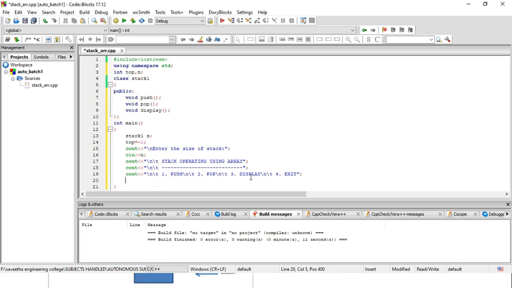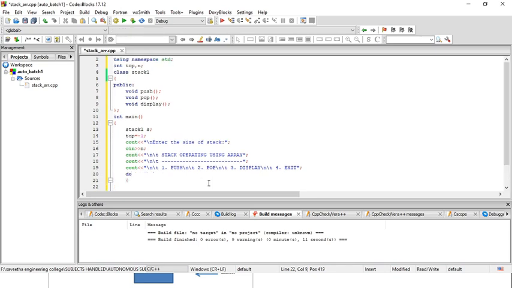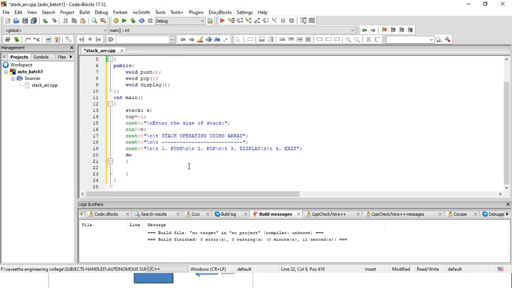Since we have the options 1, 2, 3, 4, we go for switch case. It's better we do all this under a do while condition. We know why we are using this do while statement: if it is choosing an option out of these 4, and by mistake I enter some other value like 5, it should give a warning or a statement that it is not a valid one.